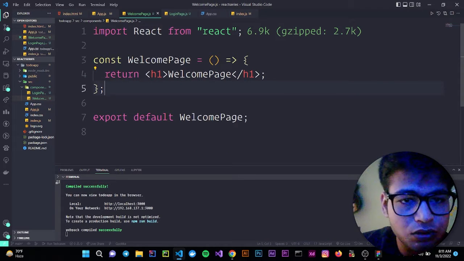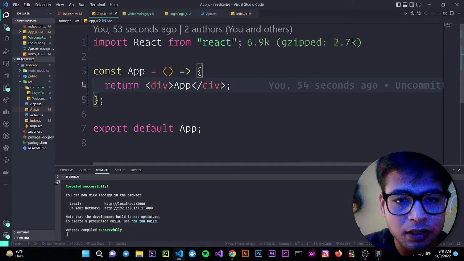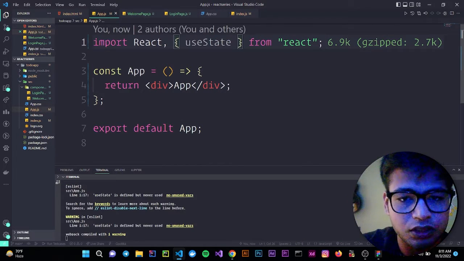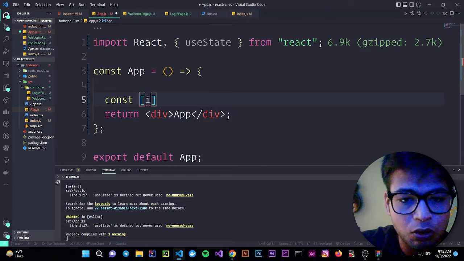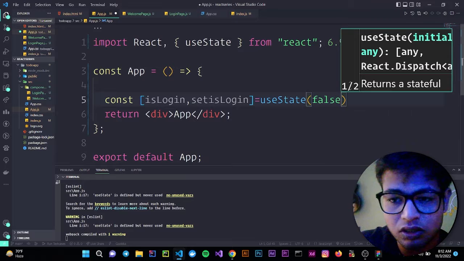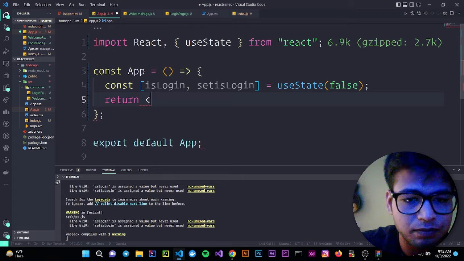Now let's go to App.js. Now what you have to do is maintain a state. So first of all we have to import the useState hook, useState. Let's initialize useState. So const isLogin, setIsLogin equals useState. By default we will make it false. Now remove this line